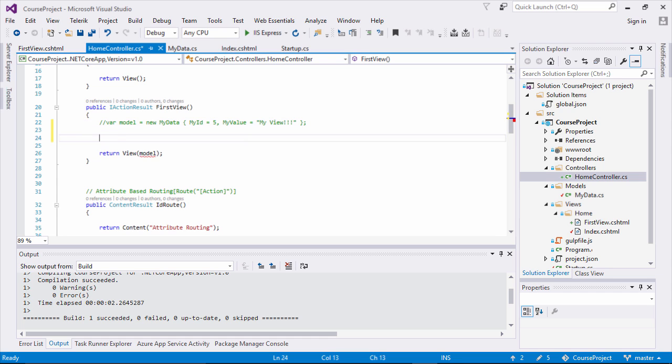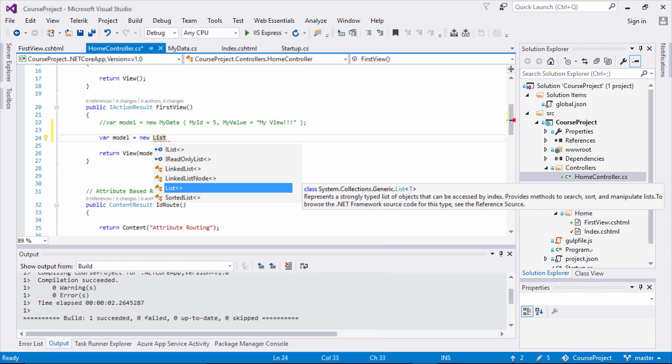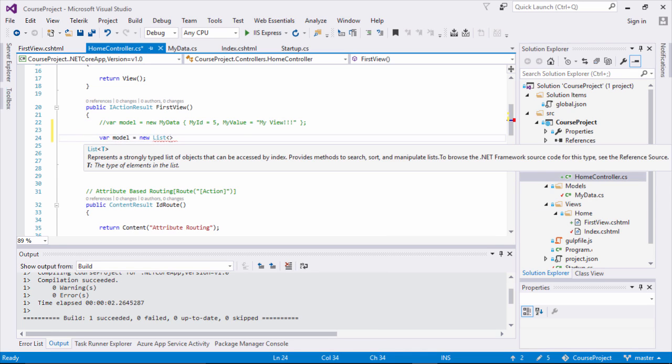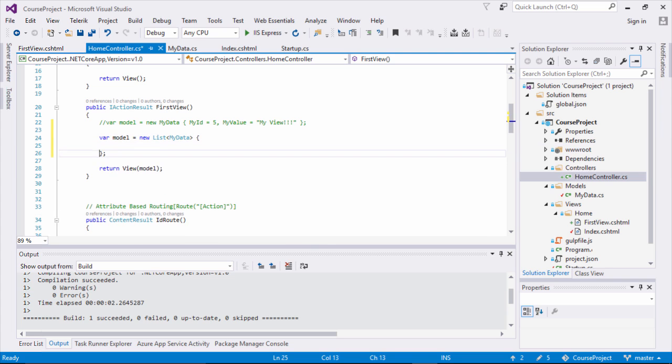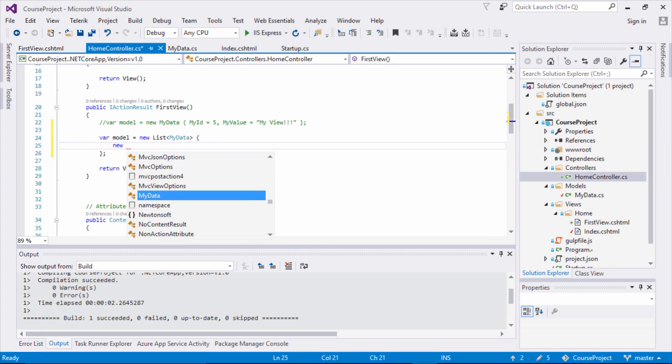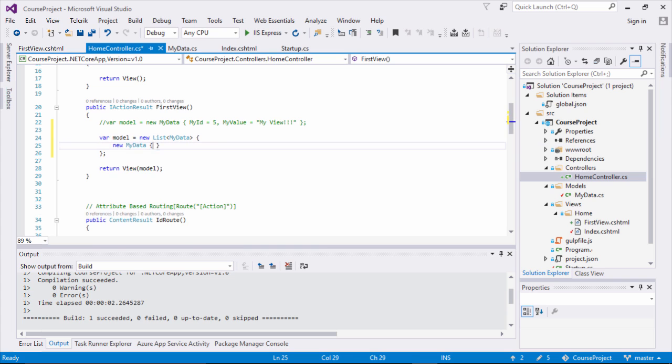So I'm going to come over here, I'm going to type var model equals new list, and then associated with the generic collection right here, I'm going to put the type associated in my generic right here. So I'm going to put MyData, and what I'm going to associate inside of here is a different set of objects associated with my data. So let's come in here and let's put new MyData, and inside of here let's create a collection of data. So let's say MyID